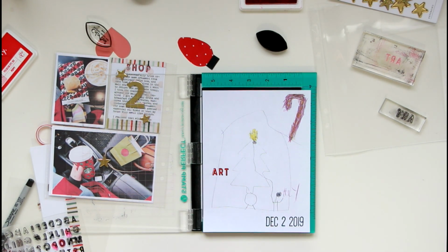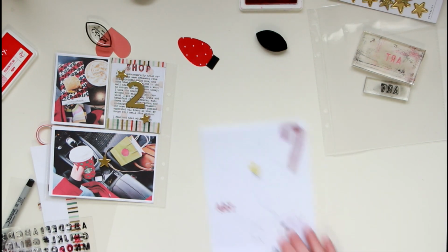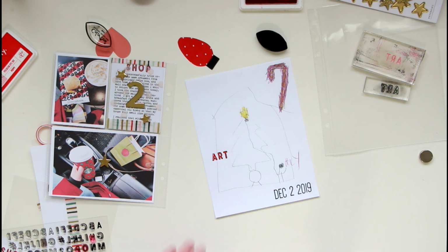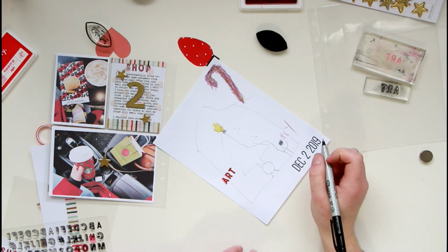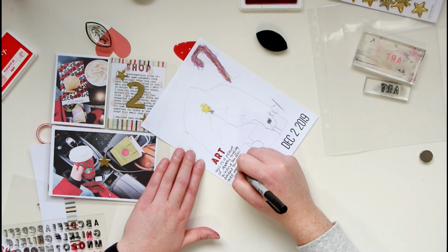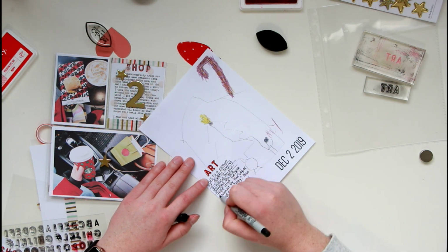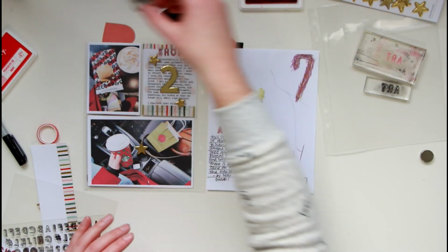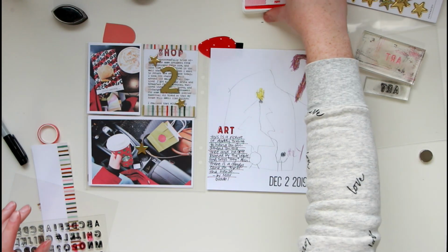Okay, so now that I've got my words stamped on here, I'm going to journal this the exact same way that Max described the art to me earlier. Okay, so now that I have my journaling about the artwork completed,